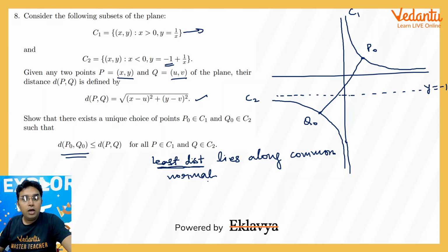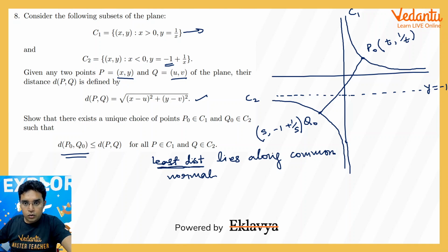So we have to verify also whether using this common normal thing we will be getting the absolute least or not. To do that, let us do one thing. Let us take P naught as (t, 1 upon t) and Q as (s, minus 1 plus 1 upon s). Now because P naught Q naught will be along the common normal, I will be writing the slope using 3 methods. So slope of normal